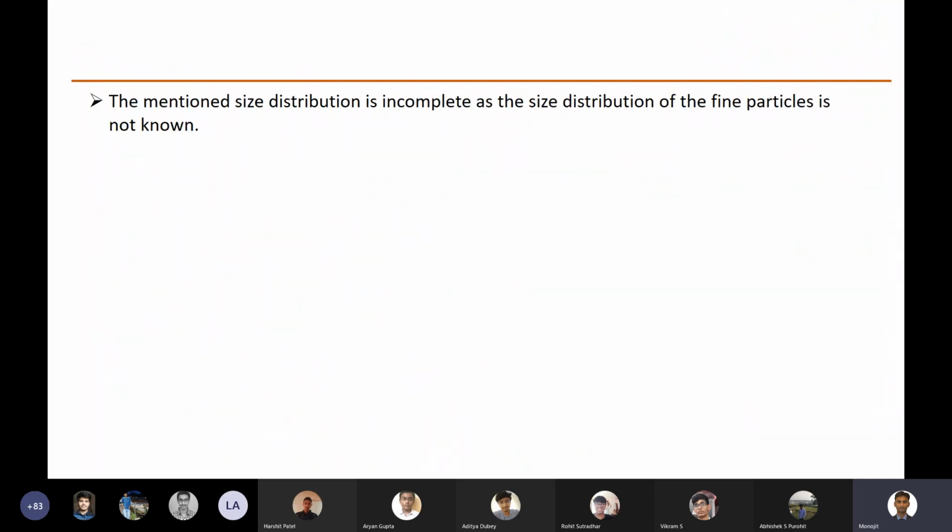But what about the particle size which is very small, which you cannot separate using the sieves? The particle that is even smaller than 40 microns. So how will you get the distribution? For that, few scientists came up with some distribution laws, and it was observed that if the particle size is below that, most of the particles follow this kind of law.